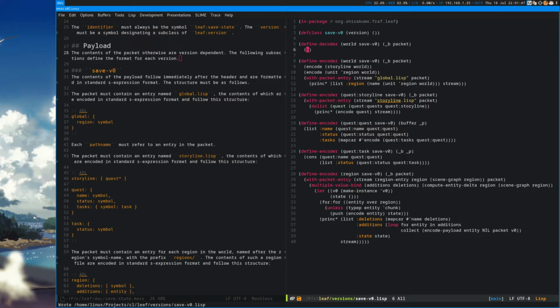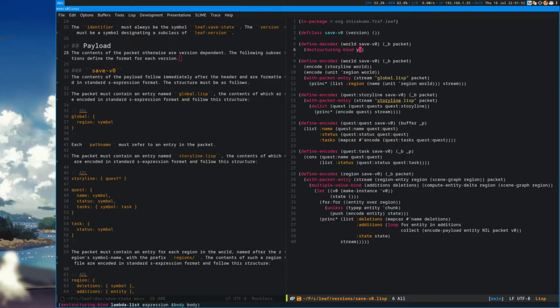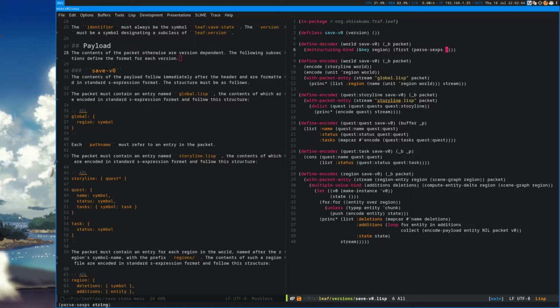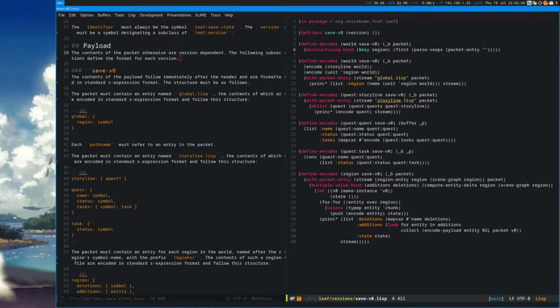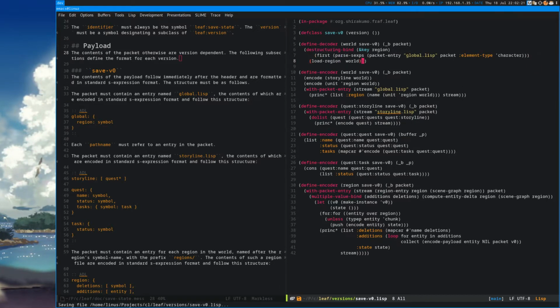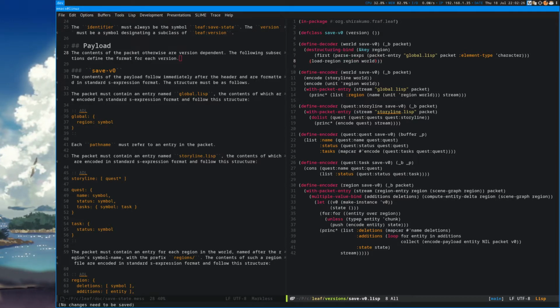Actually, before I do that, with packet or... okay, so we load the region.